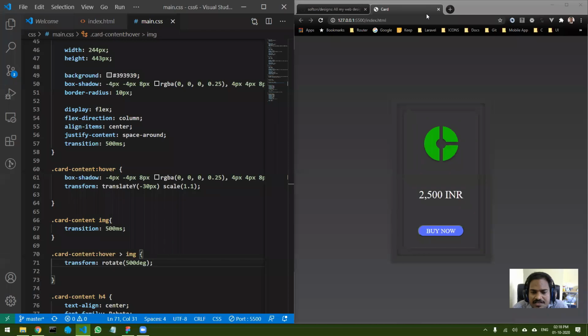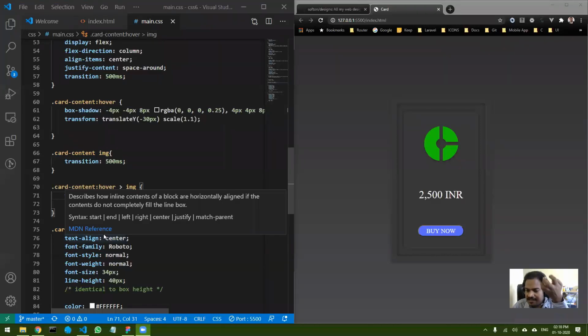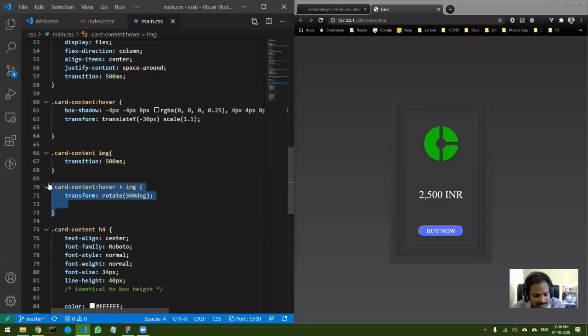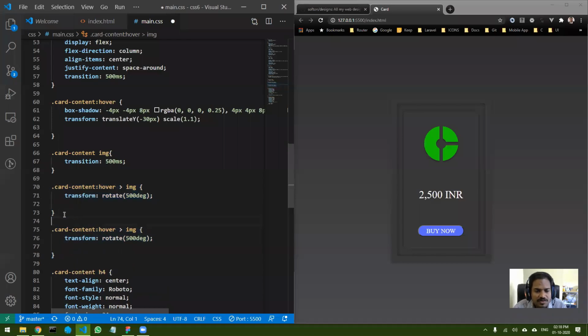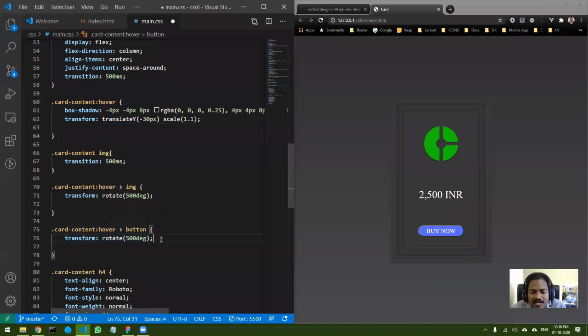Okay, so Tabish is asking, similarly, is it for the button like we did for the image? Yes, for any element. Let's say I want to lift the button a little. If I want to lift a button a little, I will just duplicate this code, and instead of targeting image, I will target button. It doesn't make sense to rotate, but let's see what happens, how it looks. You can see what happens when the button rotates, but obviously that effect of rotation is not there.